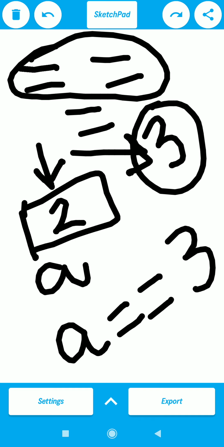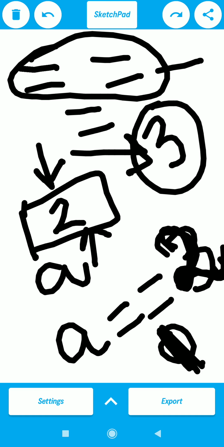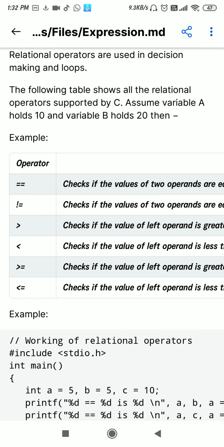So here the condition is false. It means the result will be 0. So if I say a is equals to 2, then you will say inside a, yes, I have a 2 value. So does it equal 2? Yes, it is equivalent. So the result will be 1, which means true. So that's why double equals to is the relational operator which checks the relation between the two operands, whether it is true or false. Done. This is the first operation.